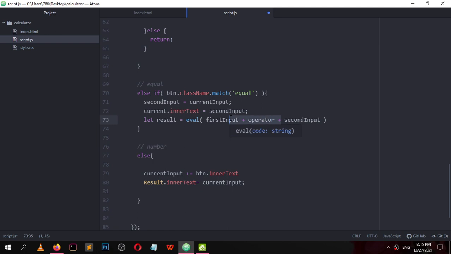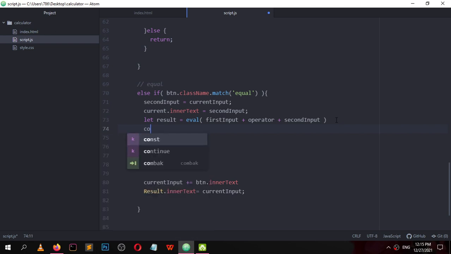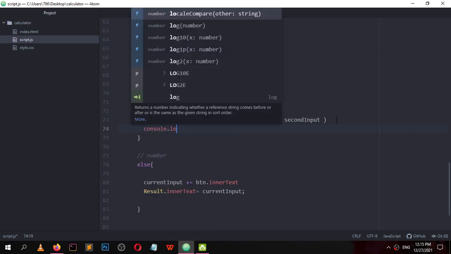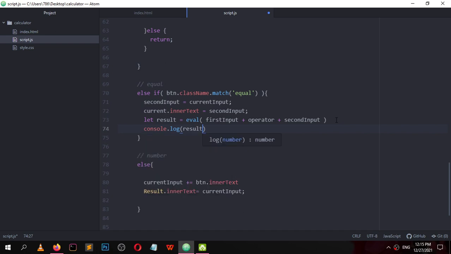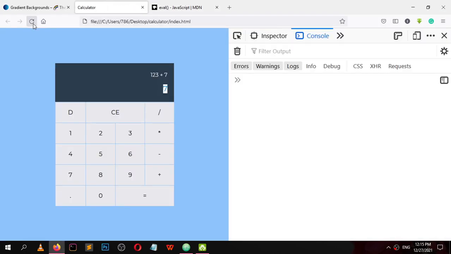We are concatenating them and we are returning their mathematical operation. Let me now show you console.log result. Go to our calculator and here 1, 2, 3 plus 7. As soon as I hit this equal, here we go, 123 plus 7 is 130.